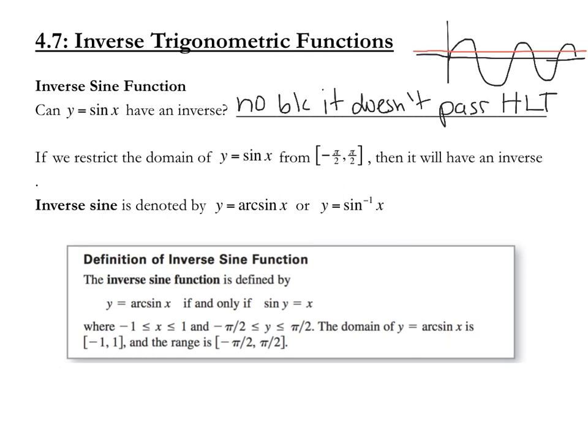So then we get into the talk of inverses with sine. We're going to talk about cosine and tangent as well, and we can have an inverse for them. We can assign them an inverse if we restrict the domain. That's the part that's going to be really important today, that we're going to have restrictions on the domain. The restrictions on the domain for sine are that we can have an answer out of it that goes between negative pi over 2 and pi over 2. So if we were looking at that graph I drew up here,